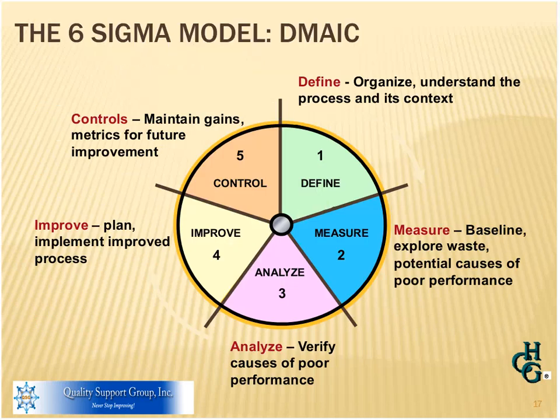The next one you can see is also a similar idea, that it is a continual process, and this comes from Six Sigma methodology. You start and you define where you are today, understand your process, and where you would like to be. You measure baseline examples of things where you might be finding waste, where you might be finding causes of poor performance or unacceptable levels of variability within your system where increased control might reduce that variance. You start to measure those things and analyze your results.